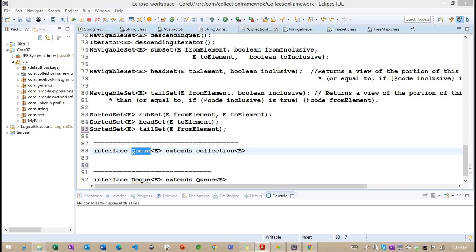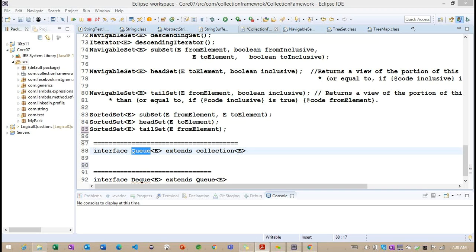We are going to get objects in an order based on some criteria, so we can also get the order information. Along with this order information, we can go for first in first out. Whatever element we inserted first, we can get the same element first. As of now, this feature is not implemented in any other interfaces.